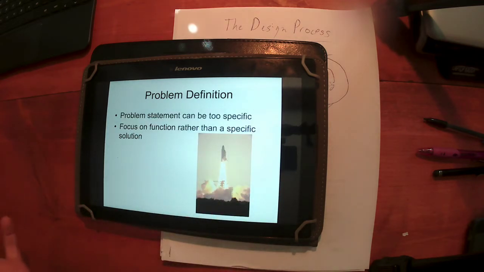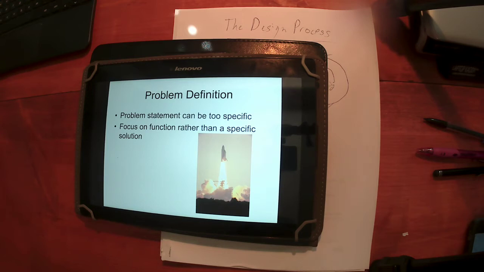And it's real easy to say, well, for my intro class, we're going to build the best mask we can build. Well, maybe that's focusing on one specific solution. Maybe that's not actually what you're trying to accomplish. Maybe we take a step back and try to find a more generic solution. A good example of that I always like to point to is the